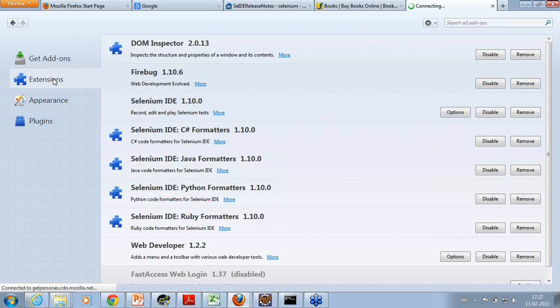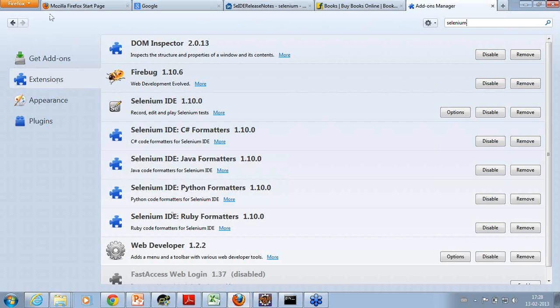For example, you can type whatever extension you're looking for, for example Selenium, and it will show you Selenium. I've already installed Selenium IDE on my Firefox browser.